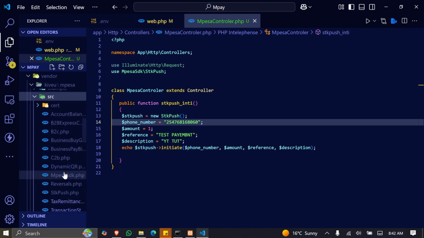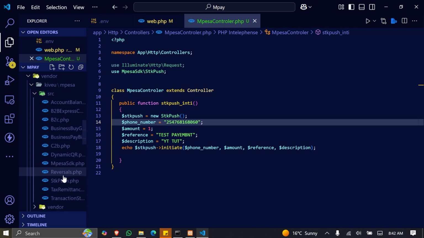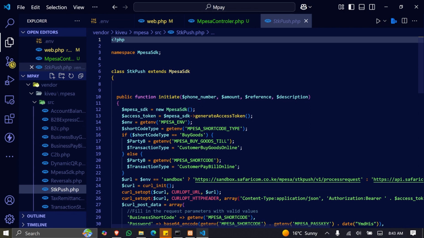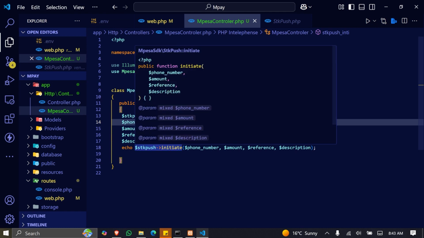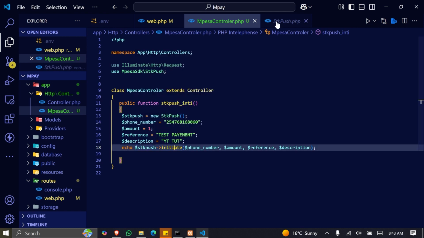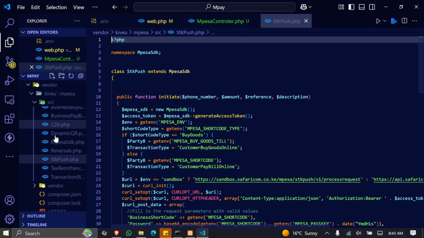Like here for M-Pesa SDK push, we imported this. You can see here, that's why we are calling this from here. That's why we're calling the phone number, amount, and then that. Then if you want to do it for